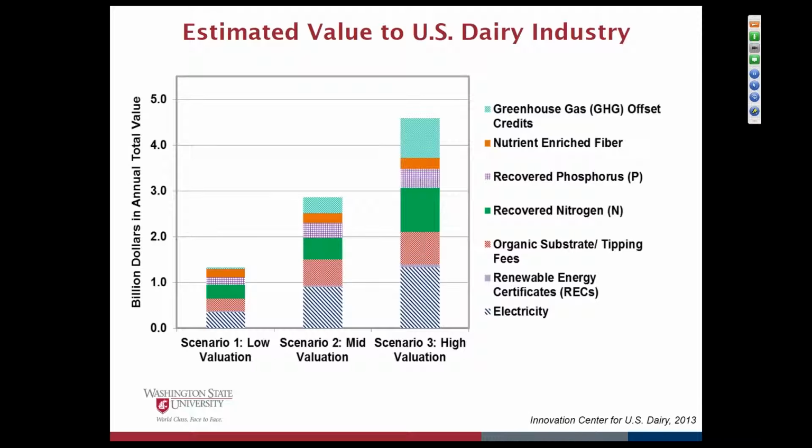In this slide, we look at the results of a study published by the Innovation Center for U.S. Dairy in 2013 that provides a set of scenarios for low, mid, and high value valuation of this dairy biorefinery if it were implemented on a little over 2,500 dairies in the country. The combination of revenues from tipping fees for co-digestion of food processing wastes, energy recovery for electricity, pipeline gas, or renewable natural gas, recovered value from the various fertilizer products, and then environmental market values for greenhouse gas reduction and renewable energy provide a range from over 1 billion to almost 5 billion in potential value-added revenue to the